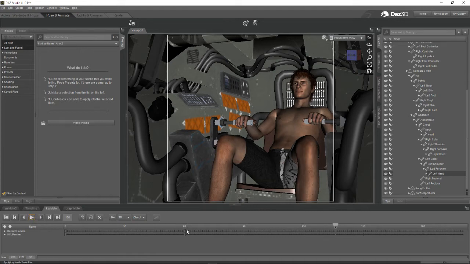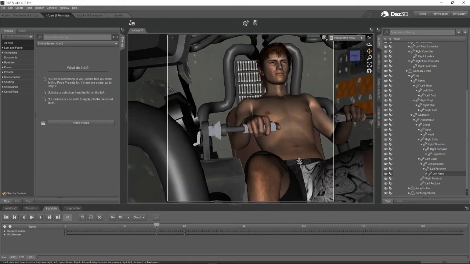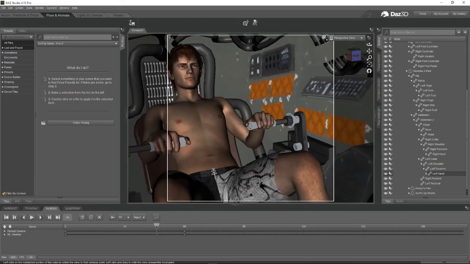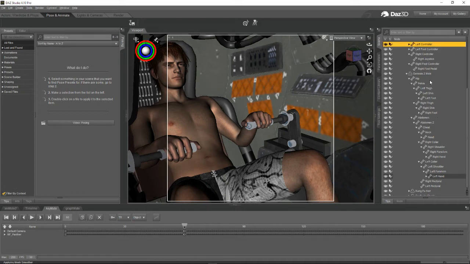So let's do the same thing on the other side. Except I'm just going to come a few frames sooner here and have his other hand arrive a few frames sooner, so it looks more realistic, because I don't want to just mirror this pose over here. Or in fact, I can do that. So I can click on the cabin here